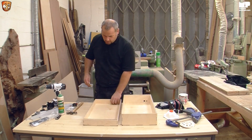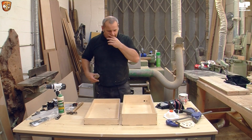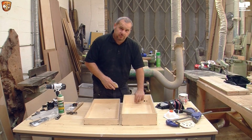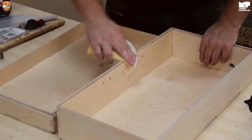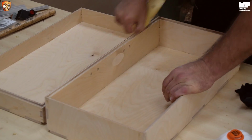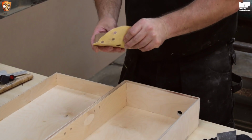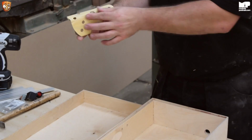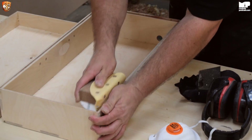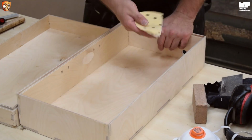Just a little tip on how to sand these bits, the inside and outside bits. Very easy. All you want to do is just literally take off the bits that could possibly give you a splinter, just make it nice and smooth. Just make sure there's no little, what I call gremlins on the inside. You could actually get yourself one of these blocks as well, which is quite good. I'll show you this. It's an edge, and then you can sand it, make it nice and easy. Do the whole thing. I'm not going to do it just now for you because it'll take too long. And then the outsides,